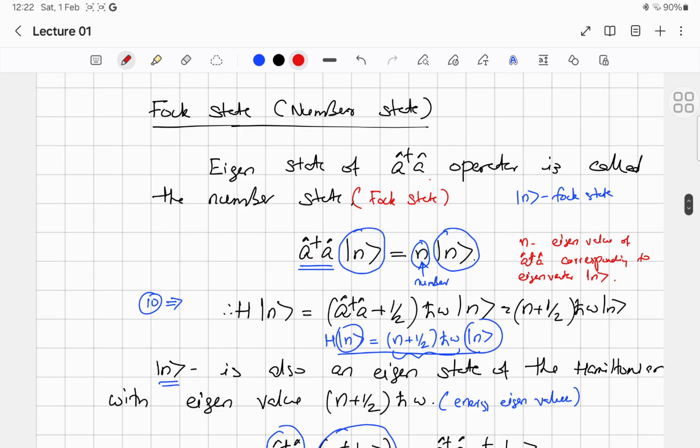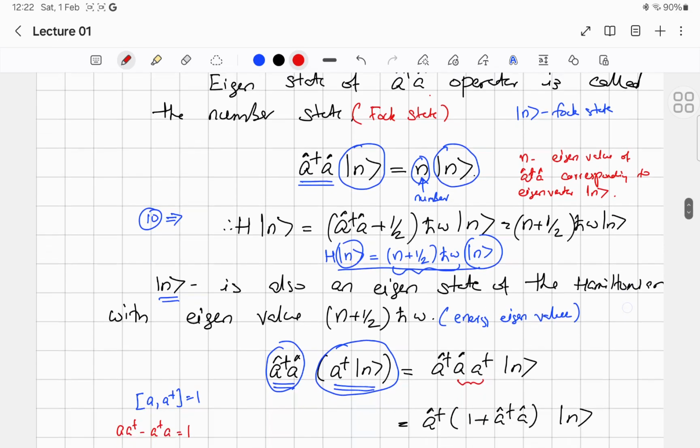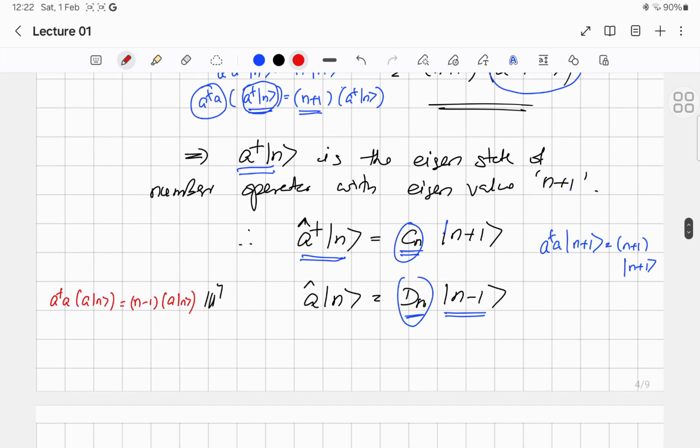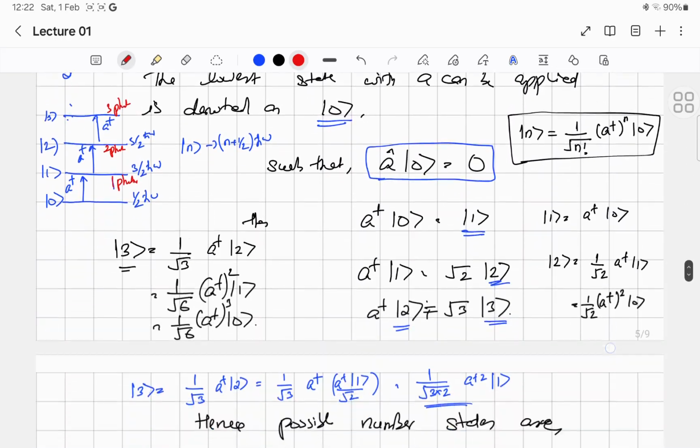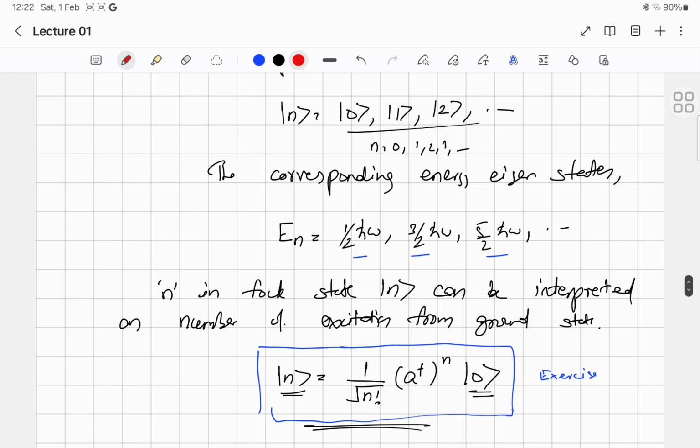And we have discussed one particular state. Remember, the Fock state is only one possible state. There are many possible states available for a quantum system. So this is the simplest possible state. It is also called the energy eigenstate or the number state. Okay, so the number state or Fock state is the eigenstate of A dagger A, and the action of A and A dagger on this eigenstate is that A dagger increases the eigenvalue of the Fock state by n plus 1, and A decreases it to n minus 1. Or if you look at it in terms of the Hamiltonian, A dagger and A increase and decrease the energy eigenvalue, and there must be some lower bound